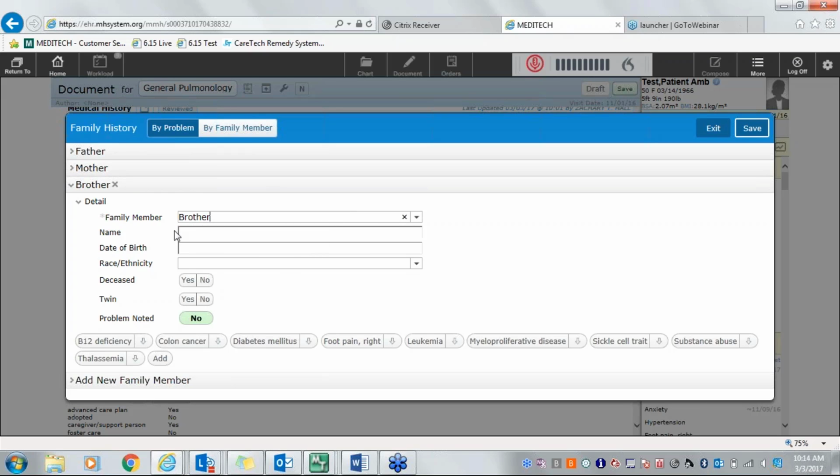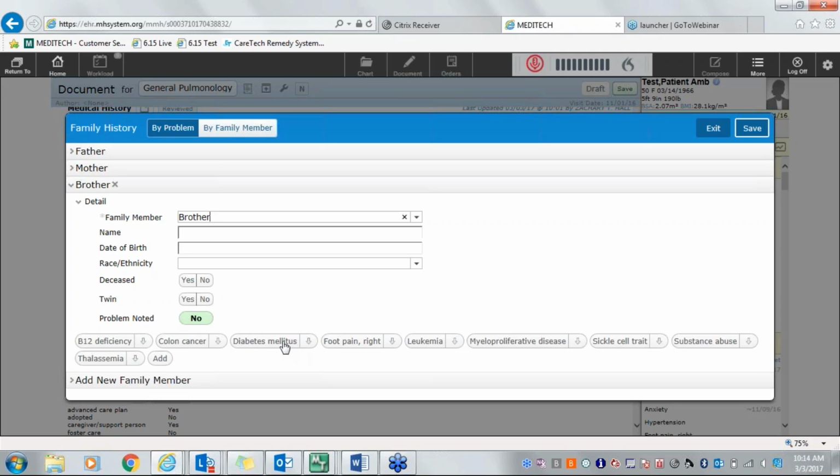We can put the brother's name, date of birth, deceased, if they're a twin, and then down here, this is going to pull up the current problems that are on the family history. That way, if everyone in the family has the same problem, it makes it a little bit easier to click